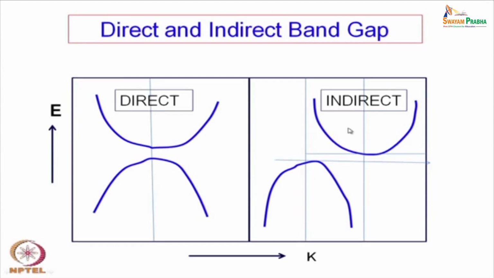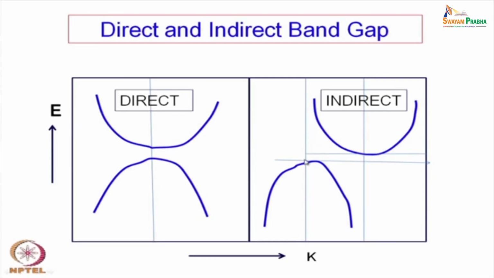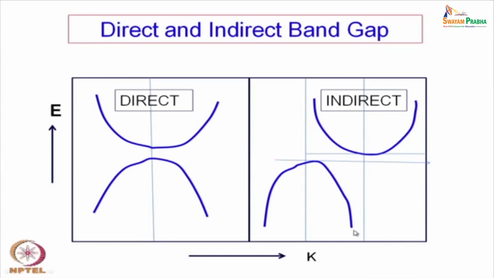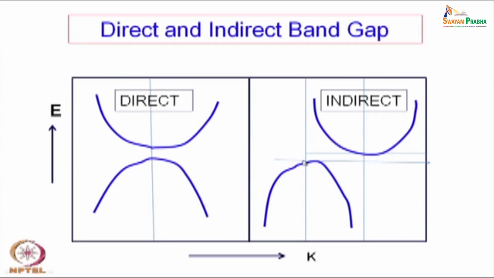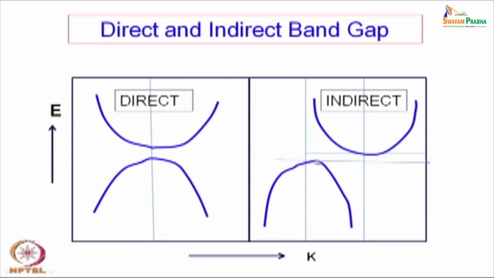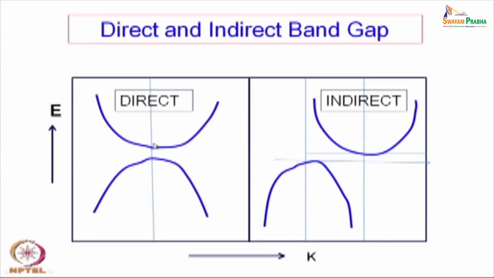So, this is what we call the indirect band gap, although the band gap here is not this, neither this. Okay. Band gap is the minimum gap between the maximum of this and the minimum of this, that is always the characteristic band gap of this material, whereas this is direct band gap and this is the characteristic band gap,